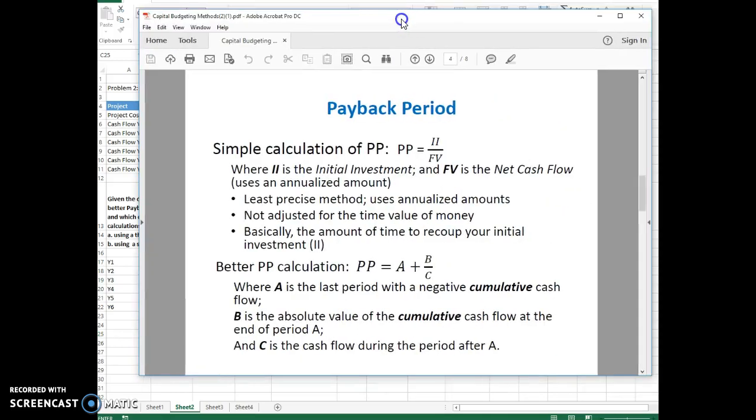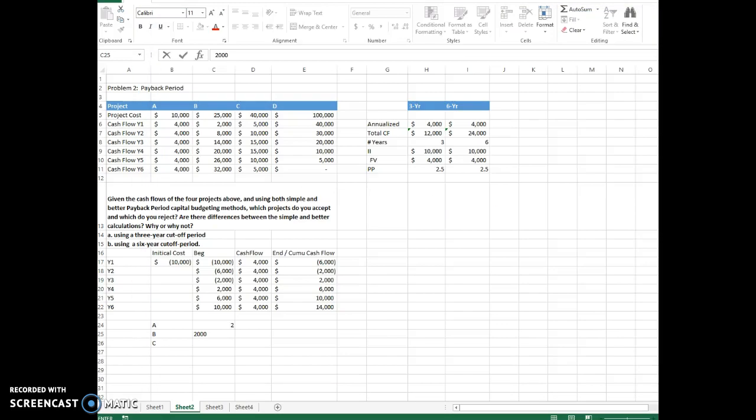And then finally, C is the cash flow during the period after A. So the period after A is period 3. So what's the cash flow during that year? Right here. So that is going to be 4,000. And then calculating payback period and